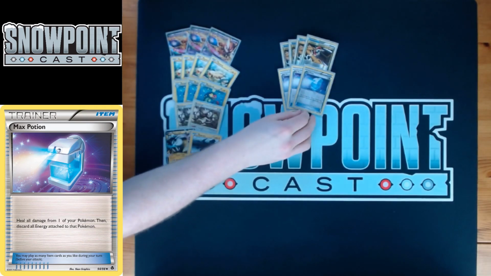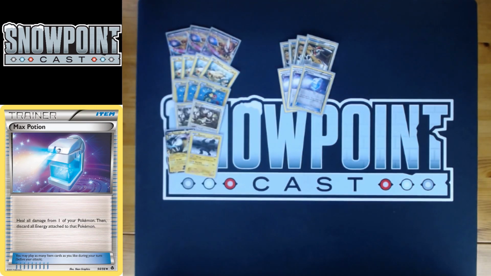You're also going to be playing 3 Max Potion. So Max Potion: heal all damage from one of your Pokemon, then discard all energy attached to that Pokemon. So I really like this Max Potion count in this list. 3 Max Potion, 4 Junk Arm lets you have 7 in a game if you really need it. Usually you don't need 7 Max Potions, but having that option for lots of Max Potions is really sweet because